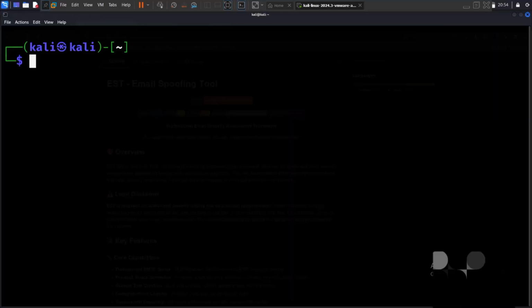Welcome back, Tech Warriors. Today we are covering a super useful Linux command: how to run multiple commands in a single line. Whether you are scripting, automating, or just speeding up your workflow, this will save you time. Let's jump in. The first command I'm going to show you is ls